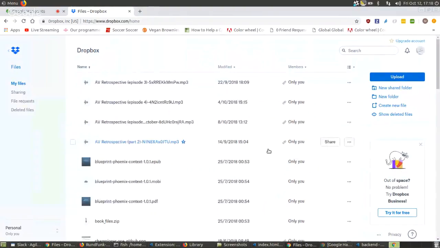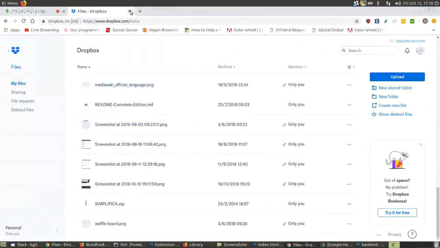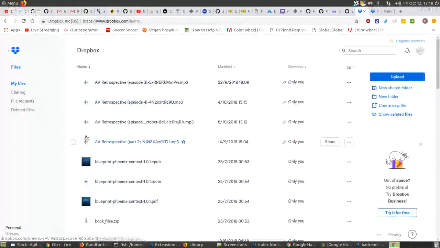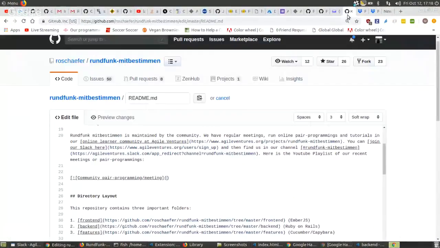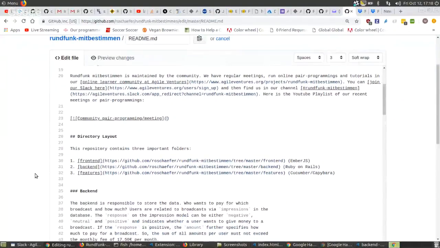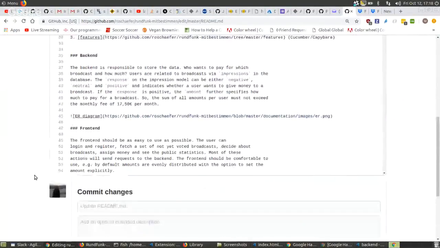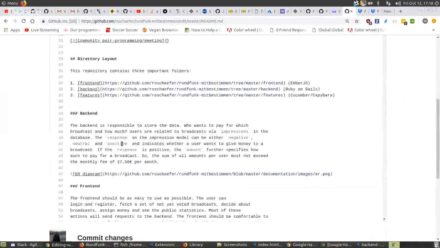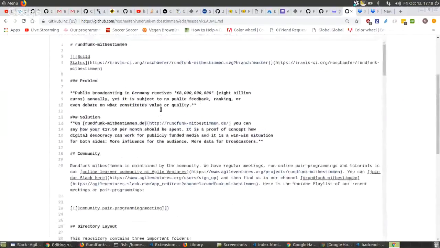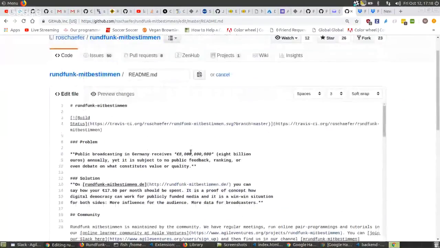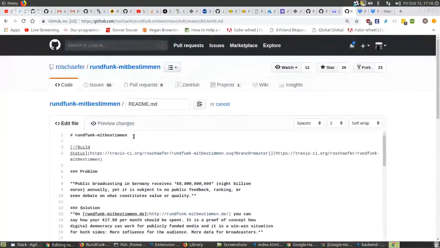Well, I can't add stuff to the Dropbox, so I think what I'll do. I thought the thing with GitHub is that you can drag. You should be able to add photos here.